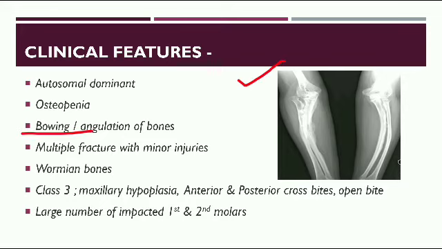In this x-ray present on the side, you can see that the bones have become angulated. They are curved. They aren't straight like they should be in a normal person, but instead they are curved because this is the x-ray of an osteogenesis imperfecta patient. Now, because of all of these problems, there will be multiple fractures with minor injuries. Suppose there is a simple injury that wouldn't lead to a fracture of the bone in a normal person, that similar minor injury can lead to a fracture or maybe multiple fractures in a person who is suffering from osteogenesis imperfecta. And you will also see Wormian bones in osteogenesis imperfecta patients.